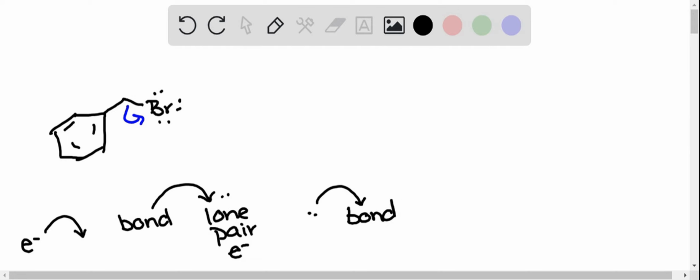So here we're starting from our electrons in this bond. So we said if we're starting with a bond, we're going to end with a lone pair. And the arrow points to bromine. And we said the arrow points to where the electrons end up. So this tells us the electrons from that bond end up on